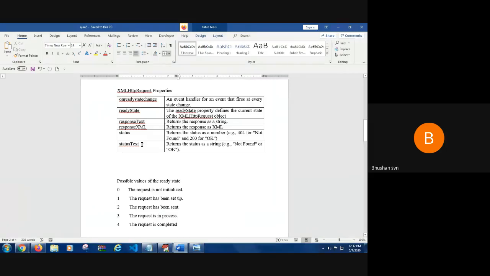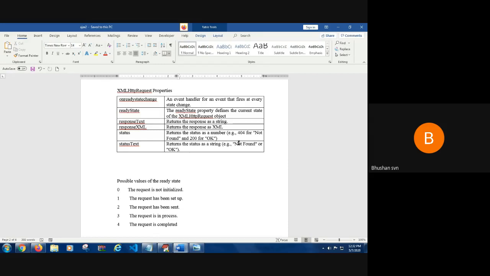Next you have status, which returns the state as a number. 404 means not found, 200 means OK. There are different kinds of error codes in web applications: 401, 402, 403, 405, 406. That value will be displayed, not the text, only the number.